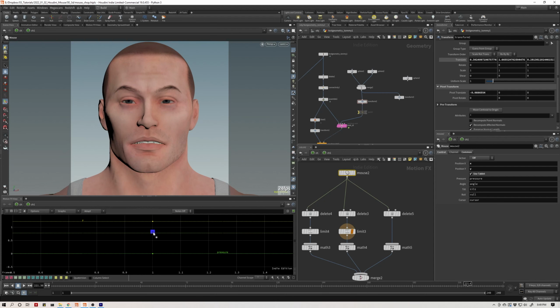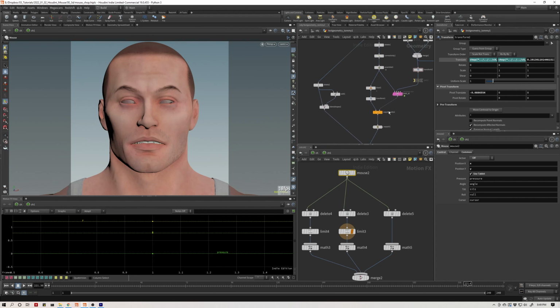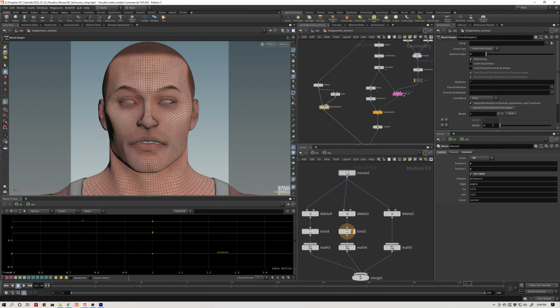So I'm going to take my X channel and put that in my translate X. I'm going to do a relative chop reference. I'm going to do the same thing with the Y value, relative chop reference, and my pressure, I'm going to map that in my blend strength here, and relative chop reference. And now if I turn this mouse back on,